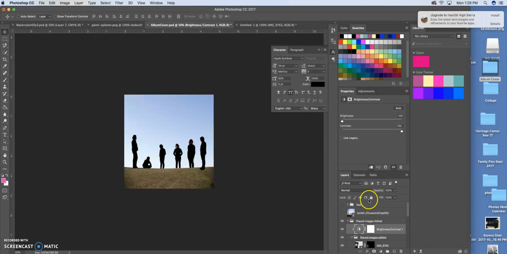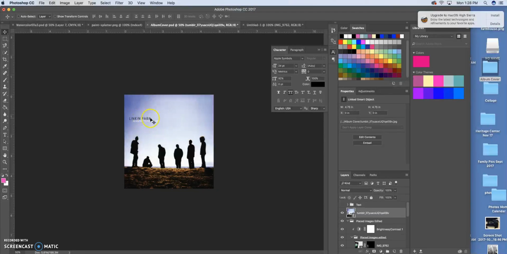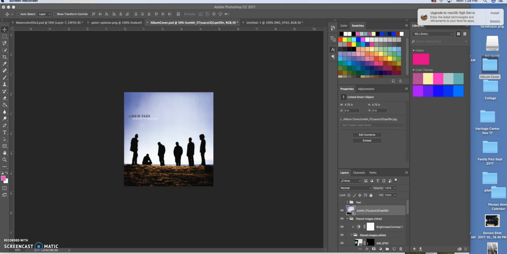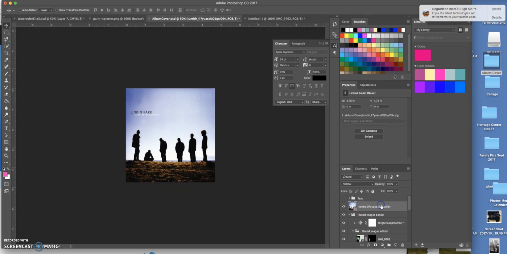Okay, so the only final touch I think I need to make here is to add my text. So if you recall the original, it just says it's Lincoln Park minutes to midnight. So here is one of the spots where you can add in your own touch to your album cover. I'm going to change mine. So mine, I'll just go to my text tool here,